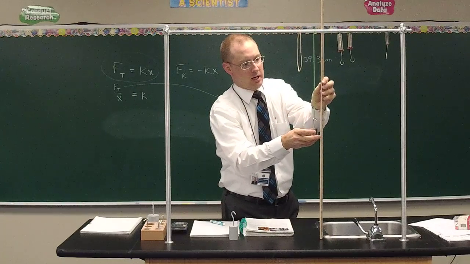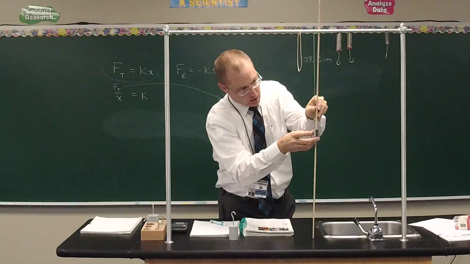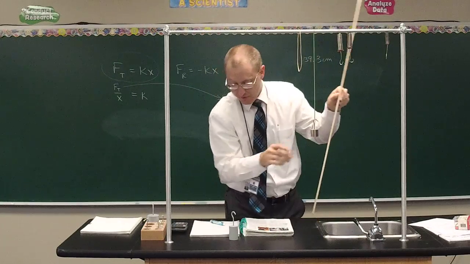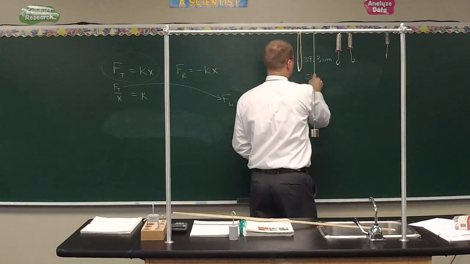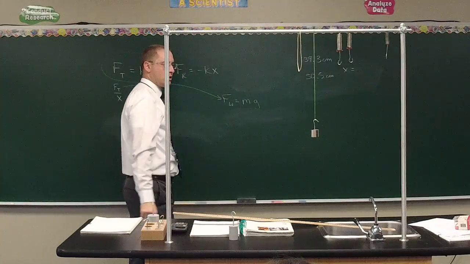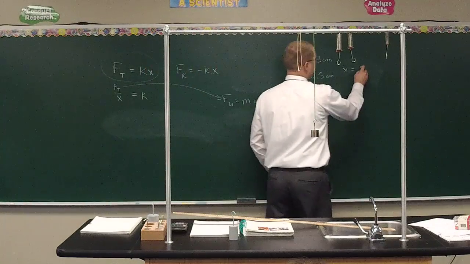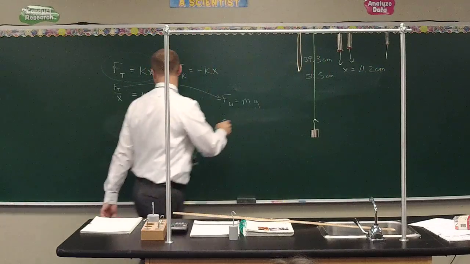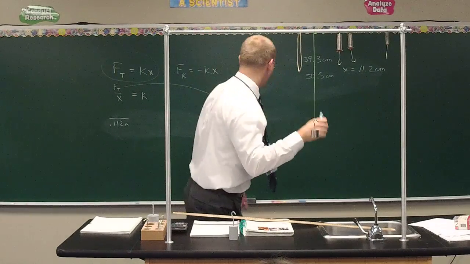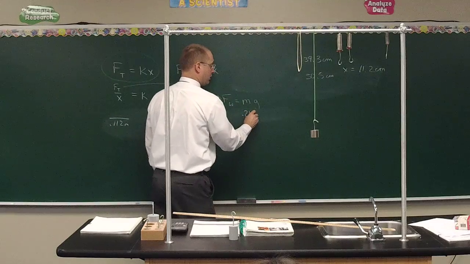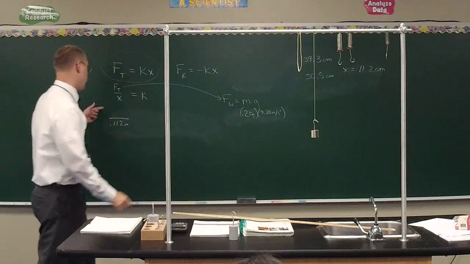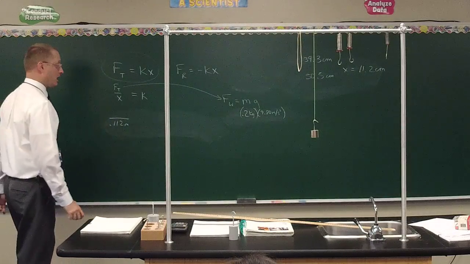It'll stretch it out so that the bottom seems to be, say, 50.5. All right, what's the stretch? 11.2 centimeters. Of course, we're going to change that and make it 0.112 meters. Now, this is a 200 gram mass, so it's 0.2 kilograms times 9.80 meters per second squared. How much force, tensile force, is stretching the rubber band, class? 1.96